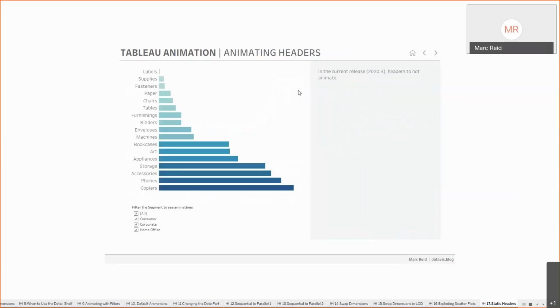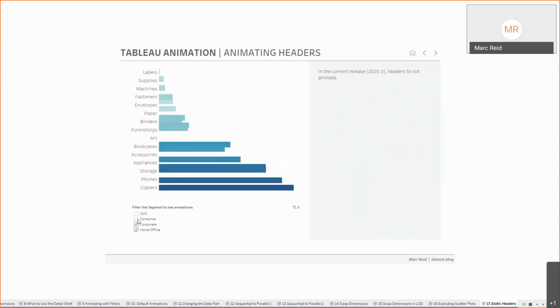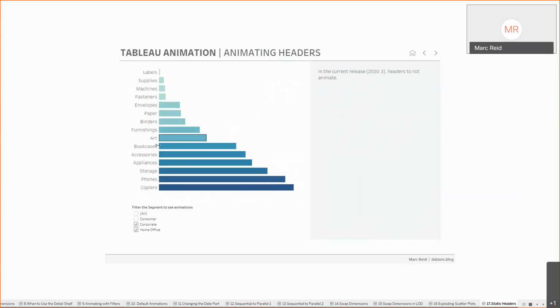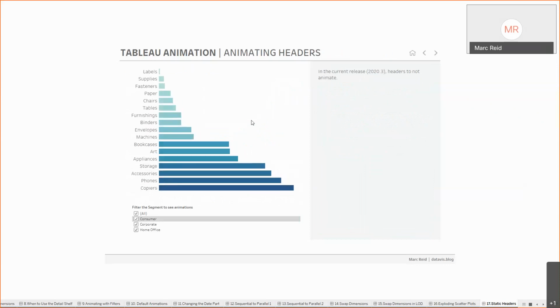So this time we're looking at animating headers. In the current release, 2020.3, which just released recently, the headers here don't actually animate. So if we filter this view here, you'll see that the bars do smoothly move across the screen, but the headers jump to their new location. For most cases that may be totally fine, but if you do want to animate those, it's quite a